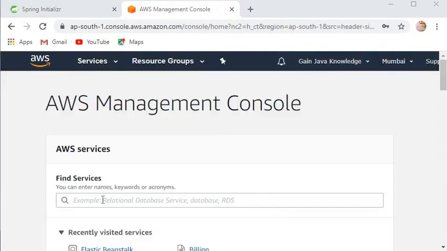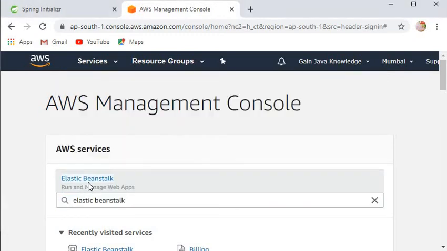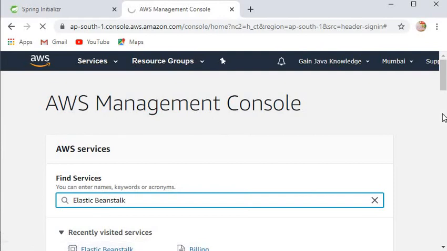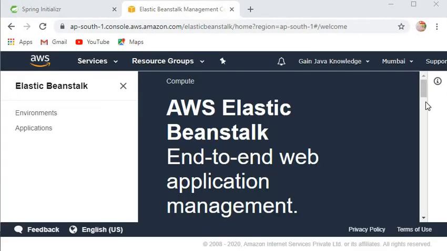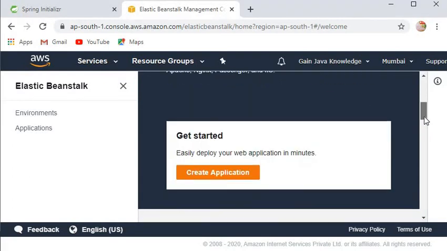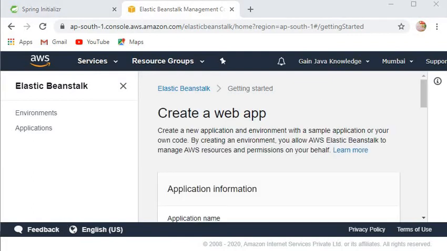Now here we need to select Elastic Beanstalk. Now I will click on create application, that is loading Elastic Beanstalk settings.